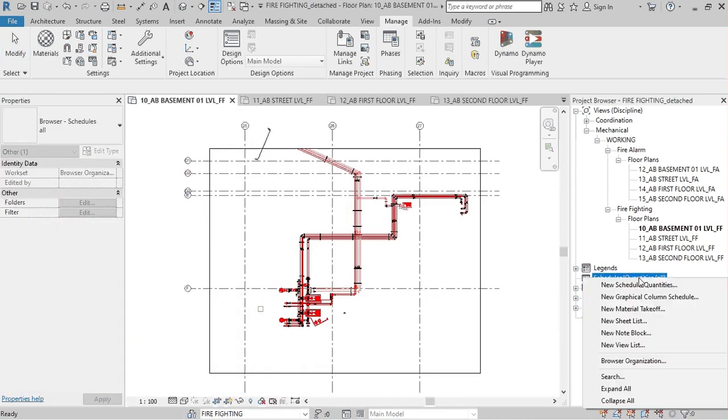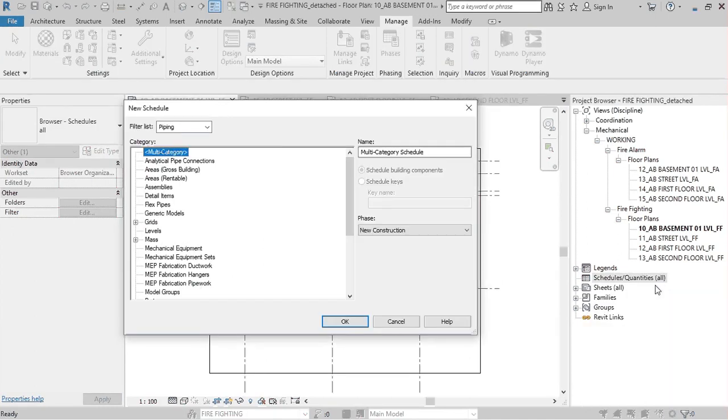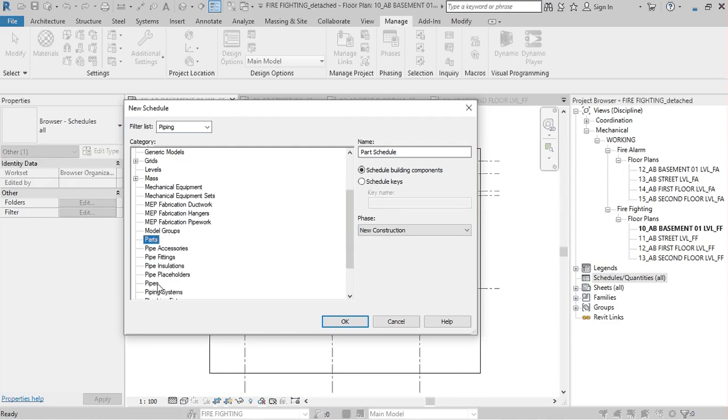Now I can create the new schedule. After that comes the new schedule arrangement. I need pipe size, that's why I tick the pipe. First of all I select the pipes here, then I press the OK button.